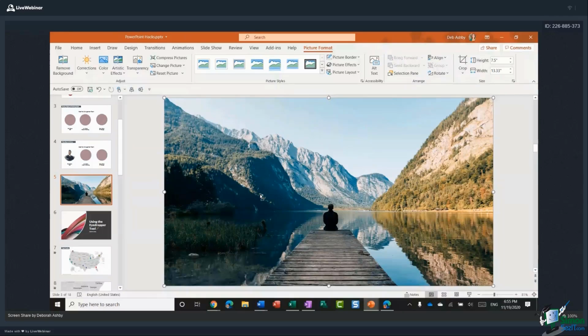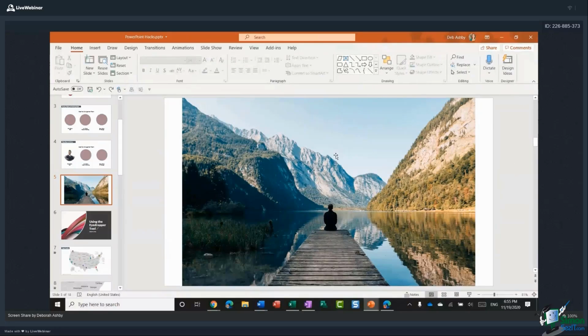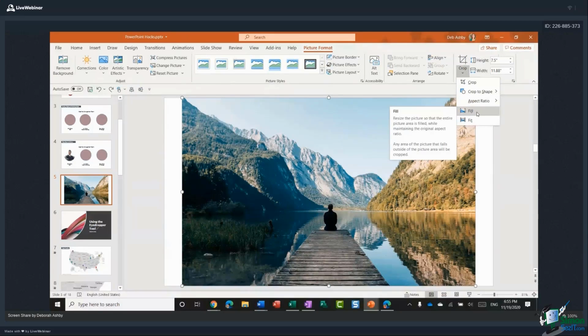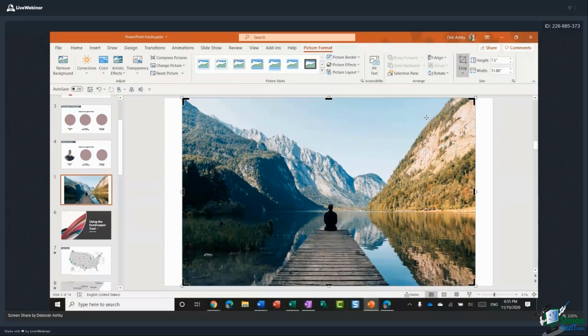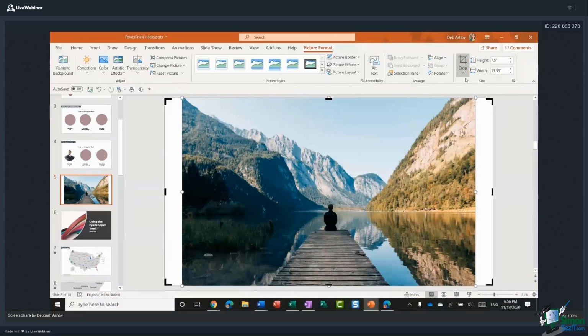So I'm going to show you this again. I'm going to Control Z just to take it back to how it was. So in this scenario, what I would do to fill this space without stretching this picture in any way, shape or form is that on the Picture Format tab, I would use the Crop and the Fill option. Now, when you select Fill, you're going to see these little black guidelines or handles around the outside of your picture. And you use those handles to drag and fill whatever space it is you need to fill. So I'm going to drag those out like so. You then go back to Crop and select Fill.